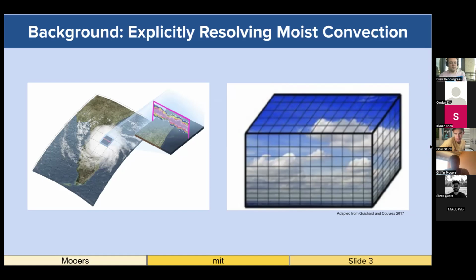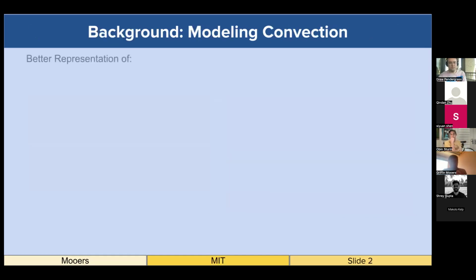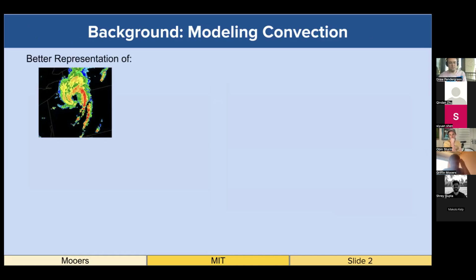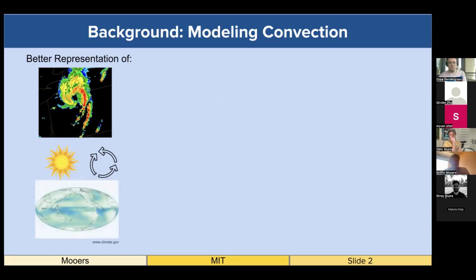Both of these directions of work have big benefits in terms of better representing mesoscale convective systems, our storms, the diurnal cycle of precipitation and convection over land, which is actually very poorly represented in a lot of climate models, and extreme precipitation and our tropical precipitation patterns. But